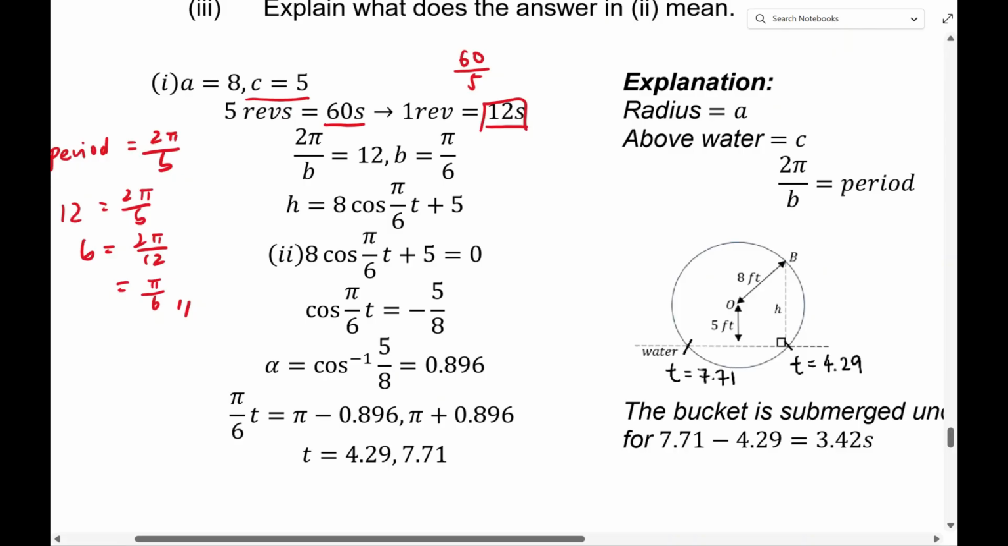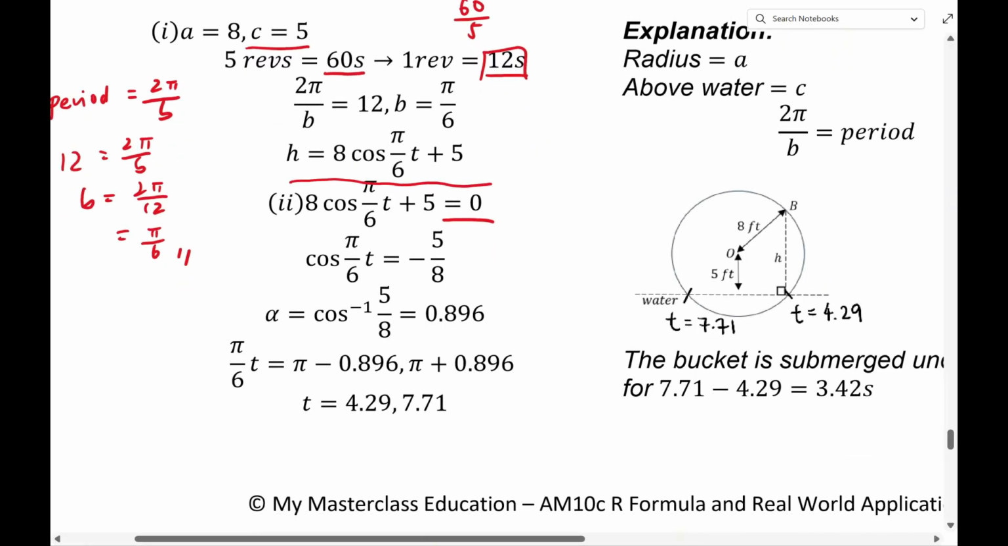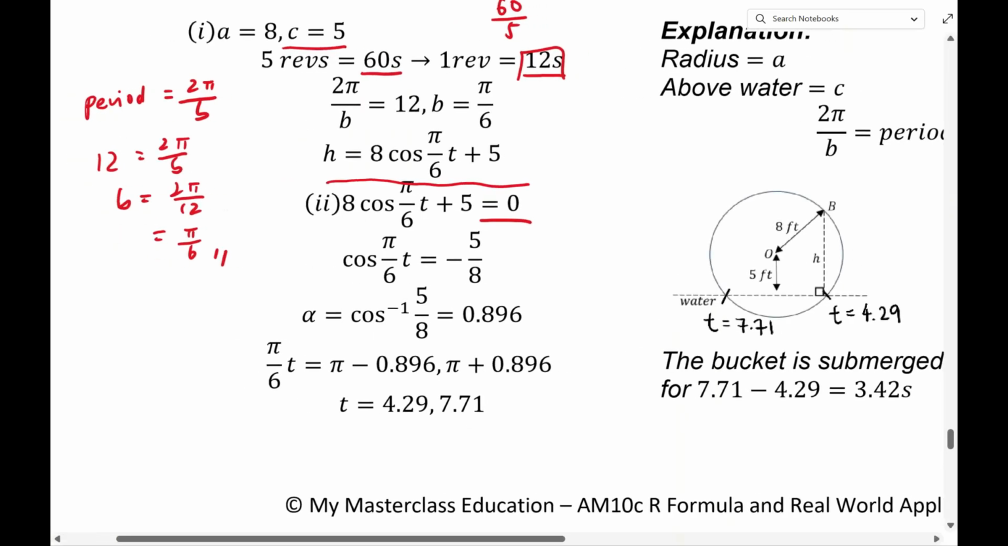Summing back our values of a, b, and c, we'll get h equals 8 cosine pi over 6 t plus 5. Then to find the x-intercepts, we'll let it equal 0. Bring the 5 over and divide it by 8, we'll get cosine pi over 6t equals negative 5 over 8. Now from here, if you recall, when your cosine is equal to a negative number, we cannot directly cosine